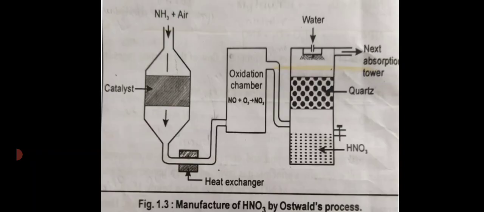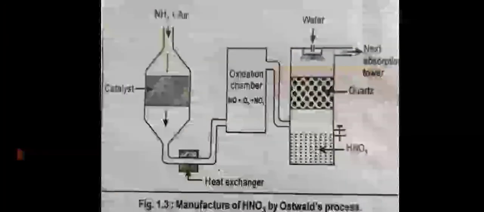Then last, the manufacturing plant process. In the diagram we can see the units: catalyst chamber, oxidation chamber and absorption tower. It's a very simple construction. Okay, and air is fed into the catalyst chamber. Which catalyst? Platinum and rhodium. A platinum rhodium 10% catalyst is used here. Then in the oxidation chamber, the oxidation process takes place. Then next, the absorption tower. Then nitric acid is formed here. Okay,